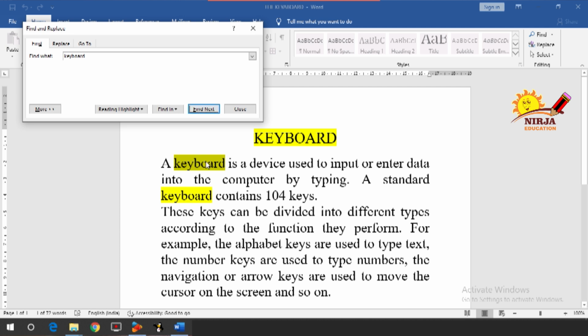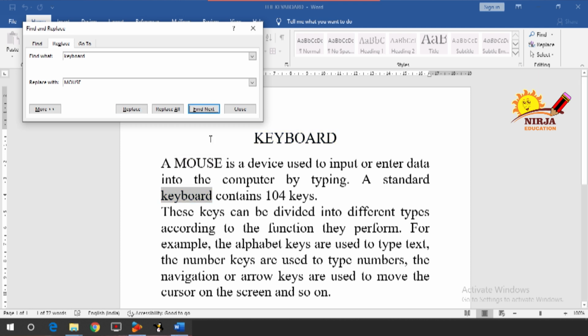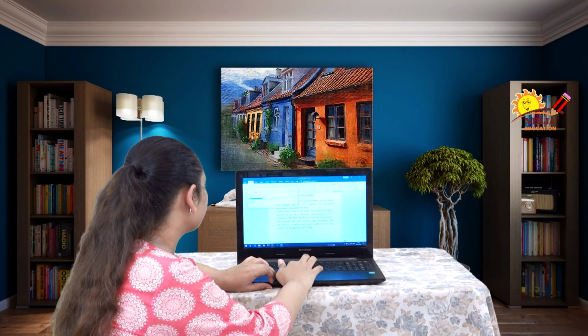So as you can see, this one is the selected word. Now if you want to replace the first word, I am going to go for the Replace and then I will replace it with the word mouse. So Replace. As you can see, this keyboard is as it is and this word has been changed to the word mouse.